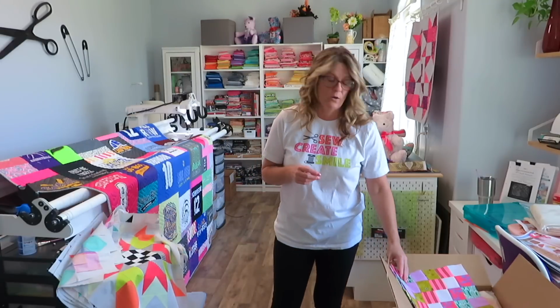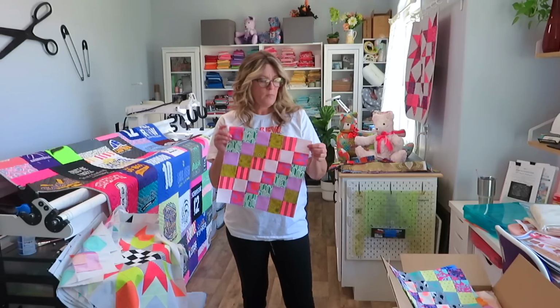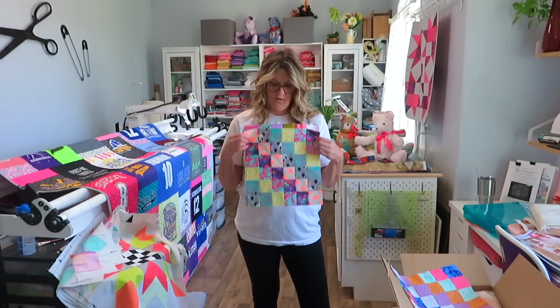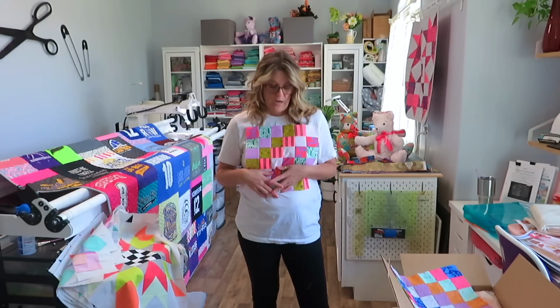When I made one years ago, I was not very good at sewing, so you definitely can make one if you are a beginner. So these are my Tula Pink blocks. These are the ones that I'm making with my girlfriends. And so I think the fun thing about using Tula Pink is that I love Tula Pink colors, and I love